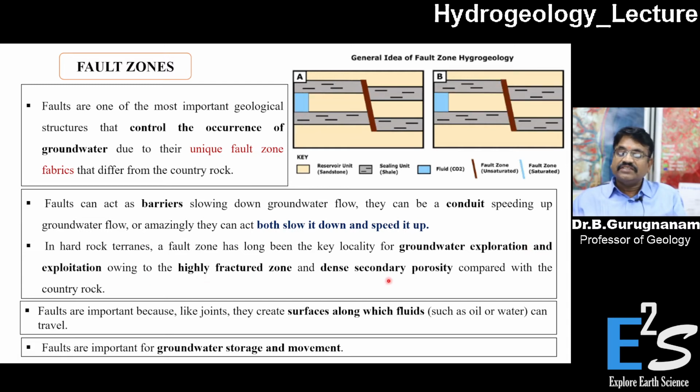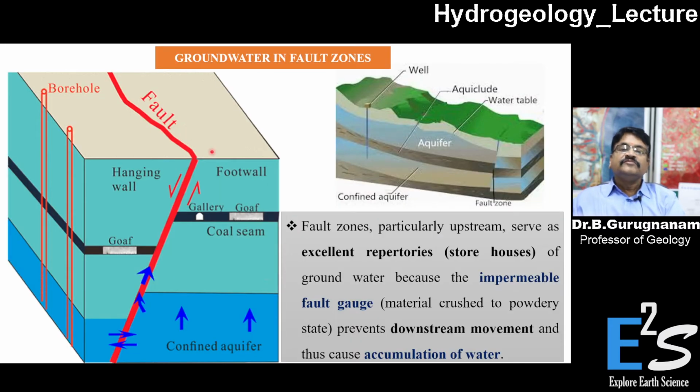It is a highly fractured zone, so secondary porosity will be there. Why is it so important? You will be able to get a lot of joints near this area. They create surfaces along with the movement of fluid. Faults are important for groundwater storage and movement. So, groundwater in fault zones: you see this is a footwall, this is the hanging wall, which goes down, and you see